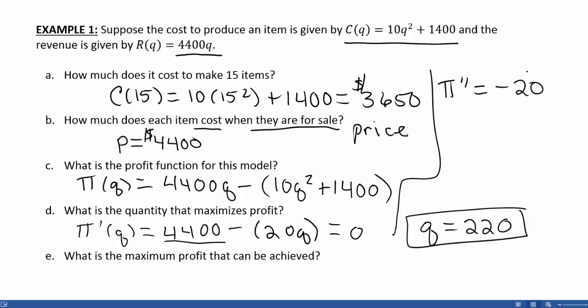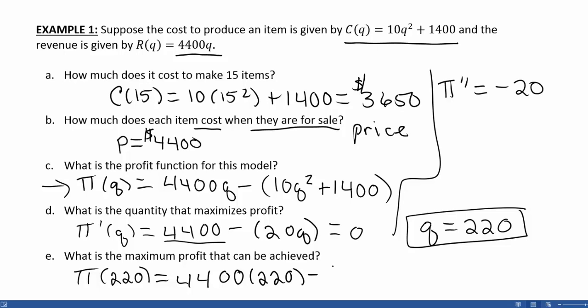Part E wants to know, what is the maximum profit that can be achieved? So now that I know when this maximum happens, Q equals 220, I want to know what the actual profit is. So I need to take that 220 and plug it back in to the profit function, which is what we found in part C. So everywhere that there's a Q, I'm going to plug in a 220. And again, I'm being careful with the second part of the term, and I'm using my parentheses because that minus sign has to go to everything in the cost function. And when I plug this all in carefully, I get